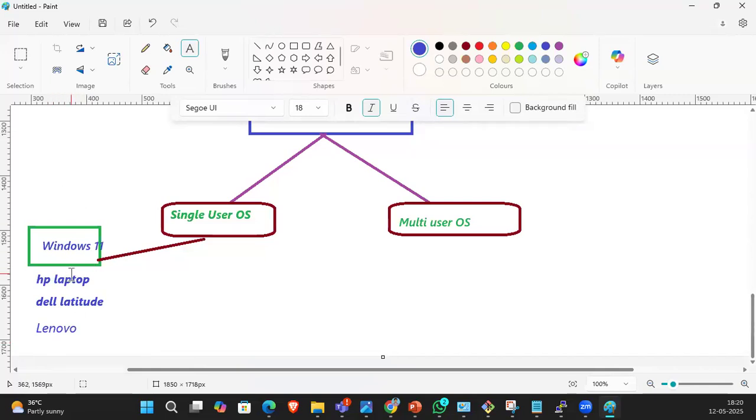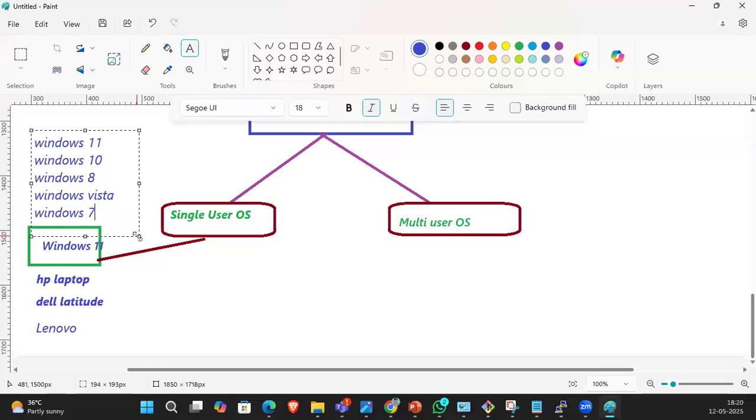What are the single user operating systems, guys? Windows 11, Windows 10, Windows 8, Windows Vista, Windows 7, Windows XP. These all are single user operating systems.